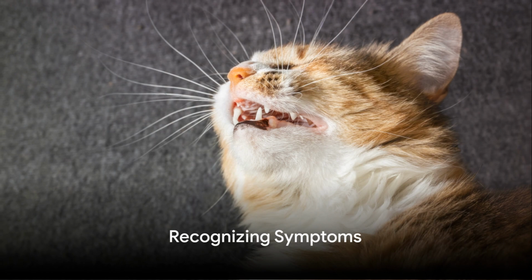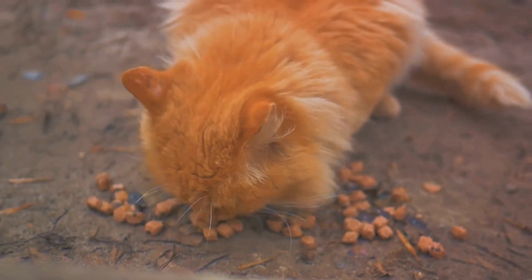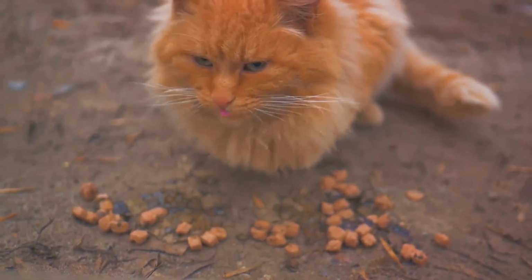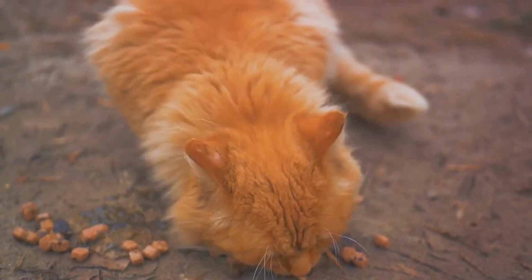So, how can you tell if your cat has stomatitis? It's not always easy, as our feline friends are masters at hiding their discomfort. However, there are a few signs you can look out for. The most common symptoms of stomatitis include difficulty eating or refusal to eat, excessive drooling, bad breath, and visible inflammation